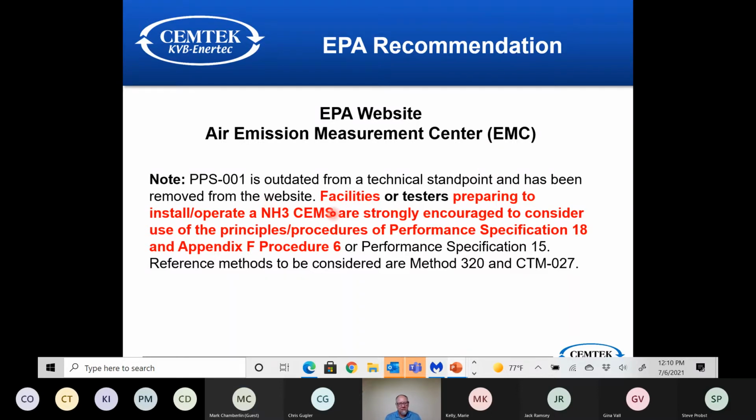So PPS-01 is outdated from a technology standpoint, according to EPA's website, and they highly encourage people to use Performance Spec 18, Appendix F Procedure 6 for monitoring ammonia. That was written for HCl, and CEMTEK and Unisearch, who makes this analyzer for us and for many other applications, used one of their analyzers to do the demo to EPA for HCl, and then the